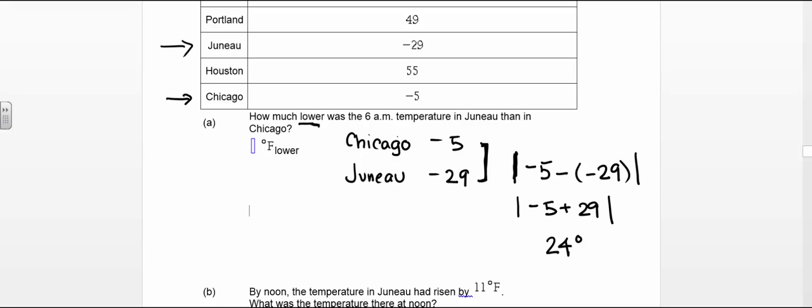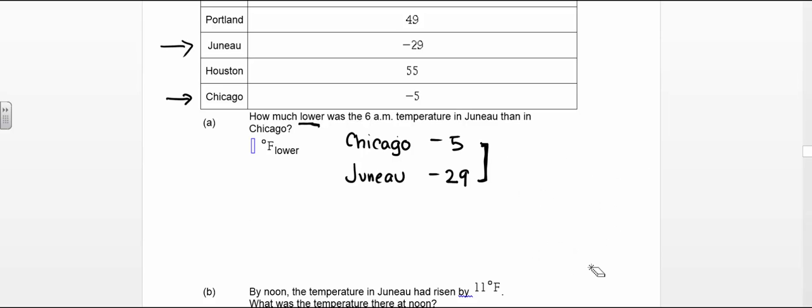Okay. So some of you have asked, well, which one do I do first? Which one do I subtract it from? In this case, let me just go ahead and erase this again. So first, I know I have 24 degrees Fahrenheit, right? But let's say you did it the other way. You're saying, well, what is the difference between these two? And I used -29